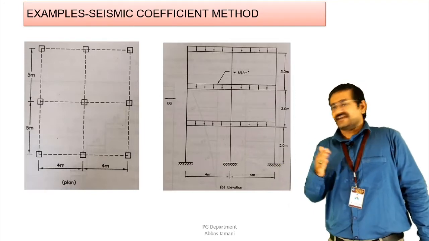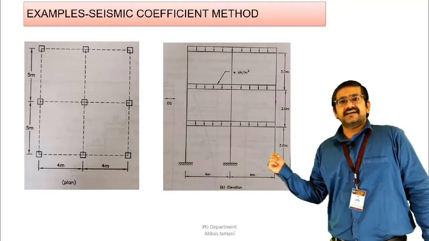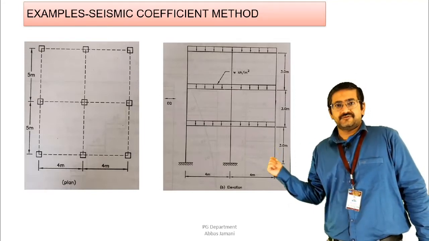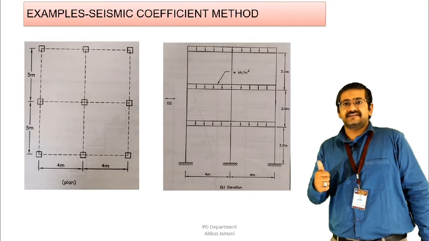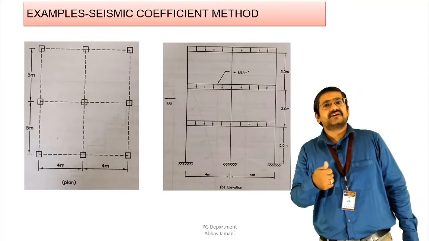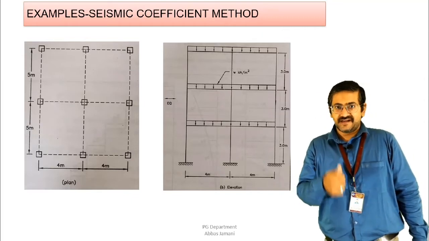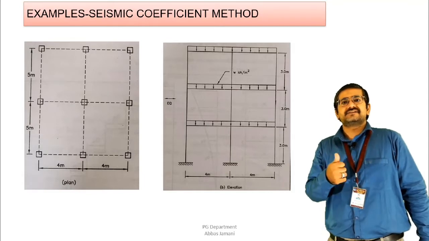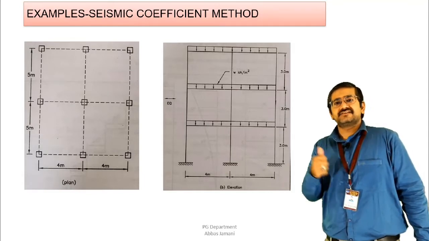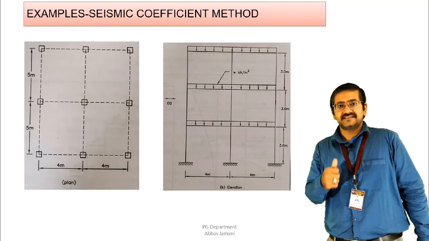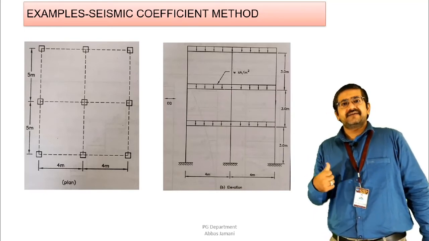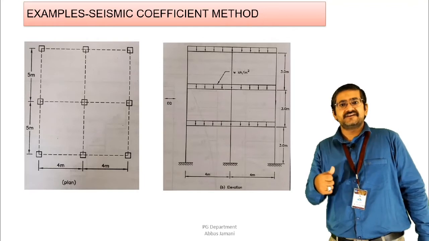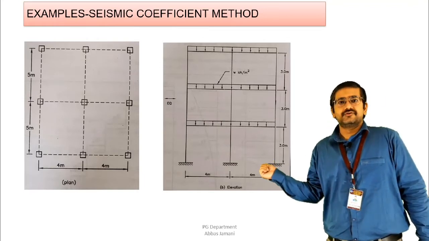Now as you can see in the elevation, the direction of the earthquake force is shown from left to right, that is we are going to do the calculation when the earthquake force is going to act in the x direction. Similar calculation can be done in z direction also, right? These two direction calculations have to be done when the dimensions of the building in both the directions are different, that is if the building is of rectangular geometry or any other geometry where the dimensions in the x direction and the z direction differ, then you need to do the calculation in both the directions.